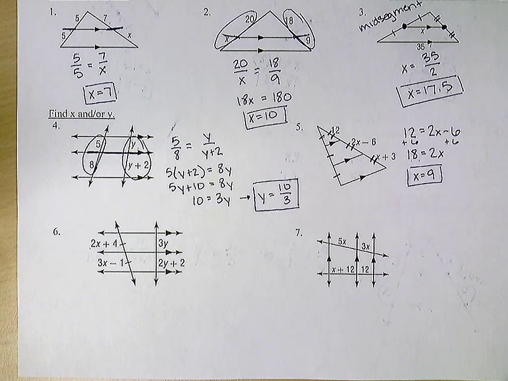Why do we have X's and Y's in the same? What do those congruency markers mean? That they're the same, which means you can do what? Set them equal. If you ever see congruency